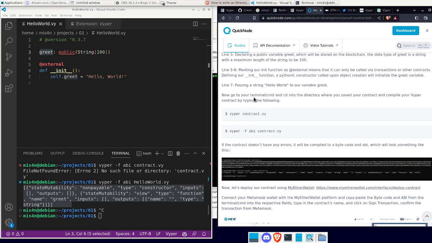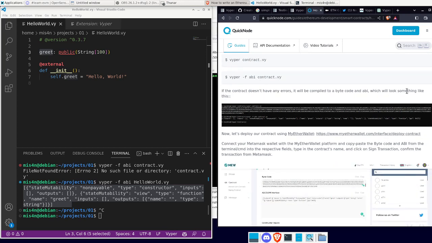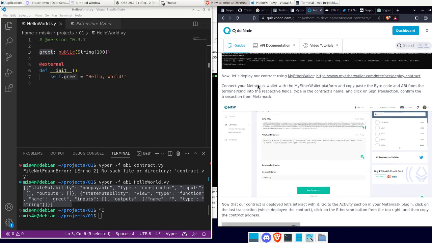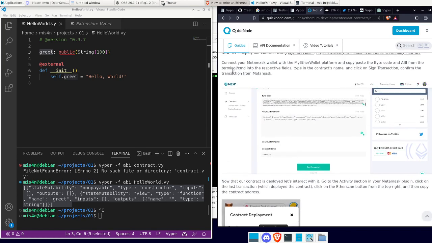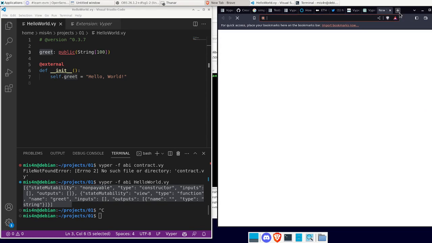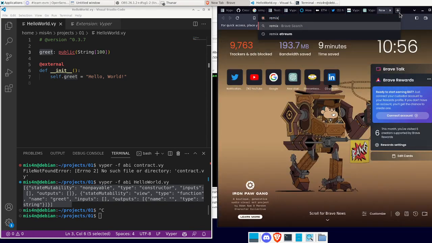Let's see what he's saying here. So, okay. Now let's deploy our contract using my Ether wallet. Okay, I don't want to use my Ether wallet, because my Ether wallet has this thing to deploy Vyper, but I'm pretty sure that I can go on